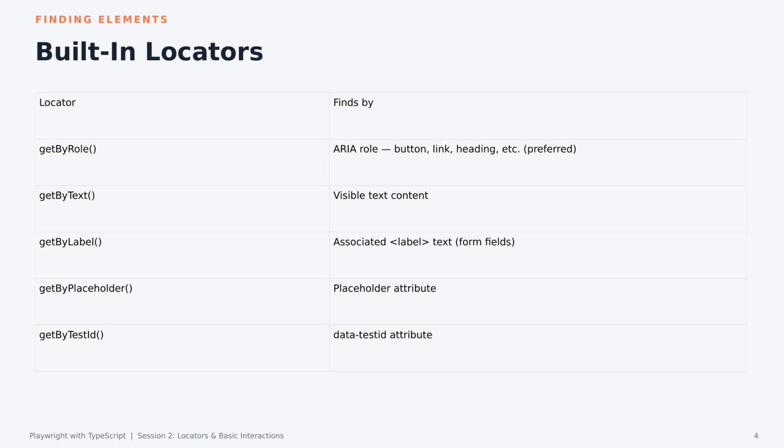getByText matches visible text content on the page. getByLabel finds the form field that's associated with a given label, really useful for form inputs. getByPlaceholder matches an input's placeholder attribute, and getByTestId matches a data-testid attribute, which is a hook developers can add